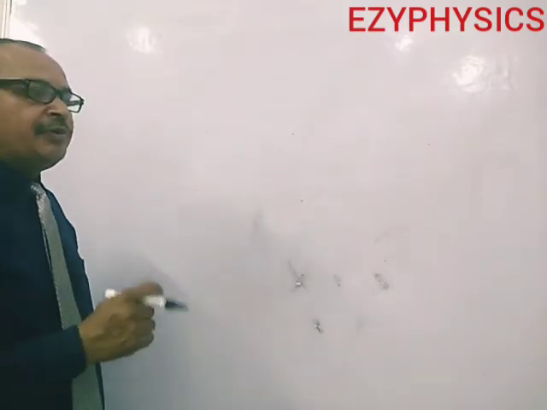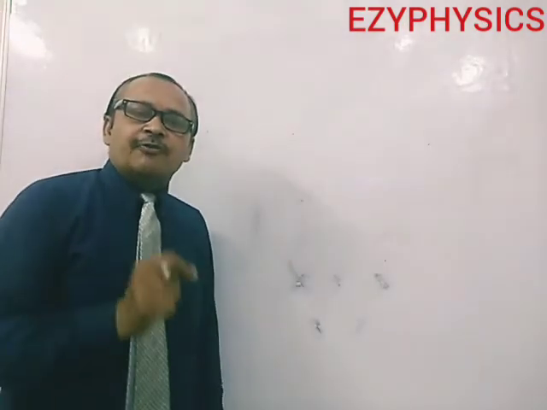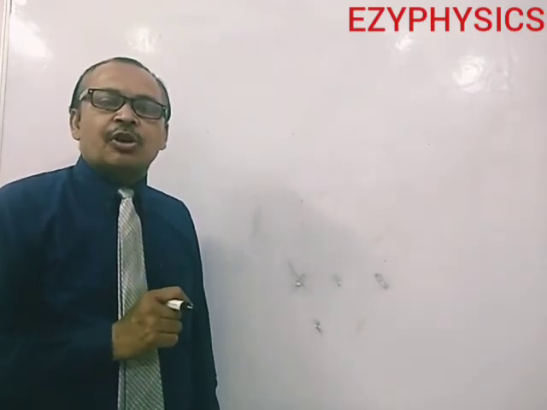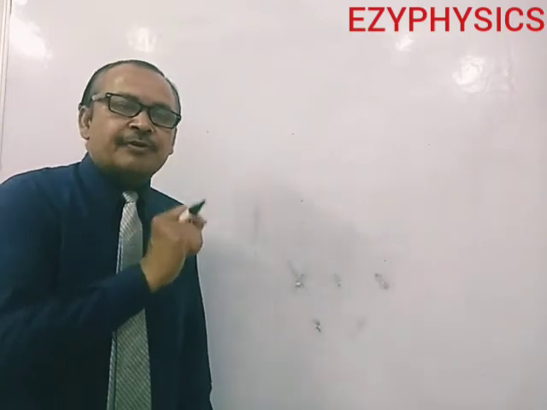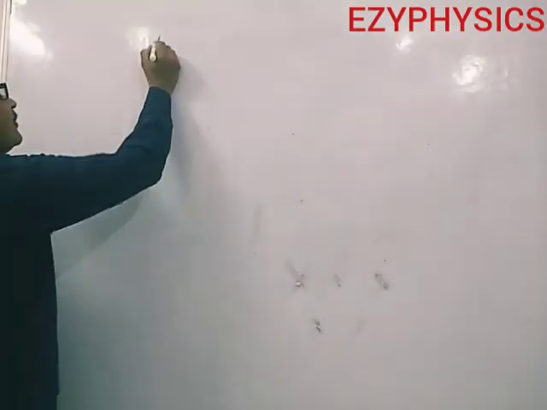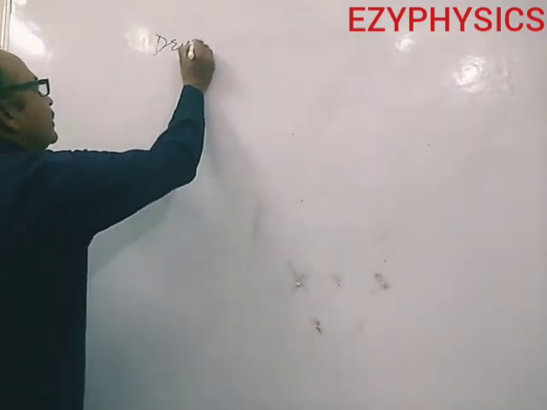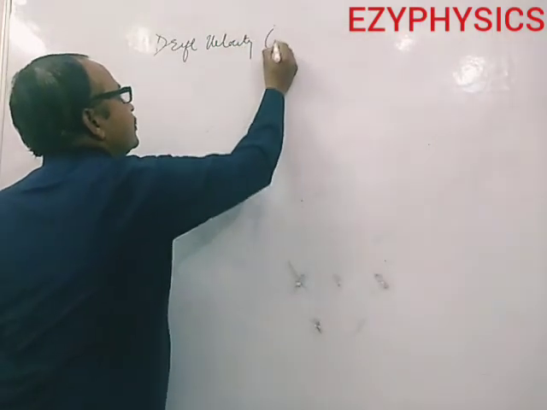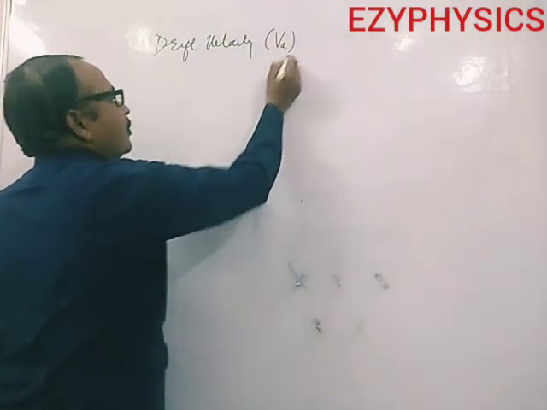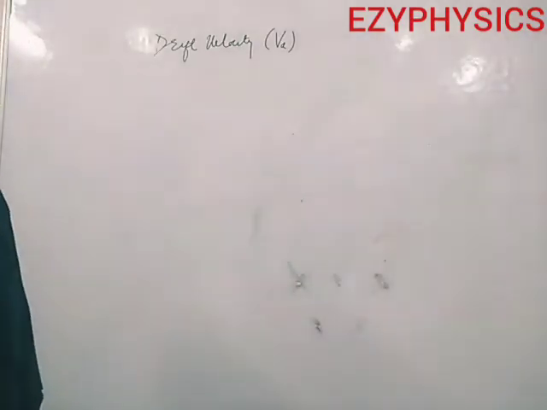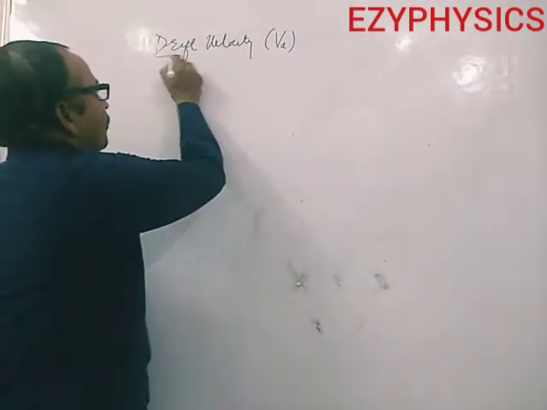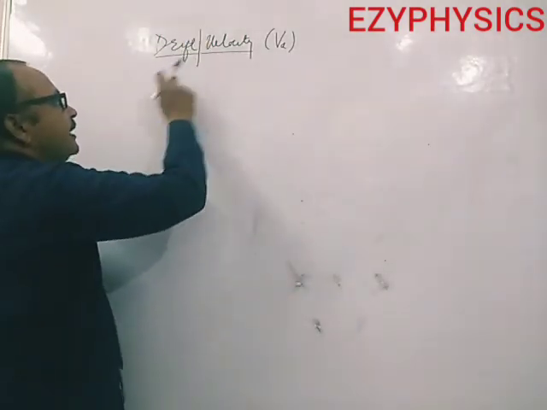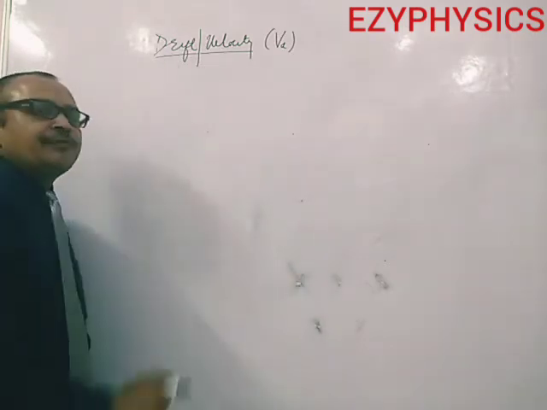Today we are going to discuss one of the very important articles of current electricity, which is called drift velocity. Drift velocity, my dear friends, is represented by the symbol V for velocity and small d for drift. As the name suggests, it is the velocity of drift of the